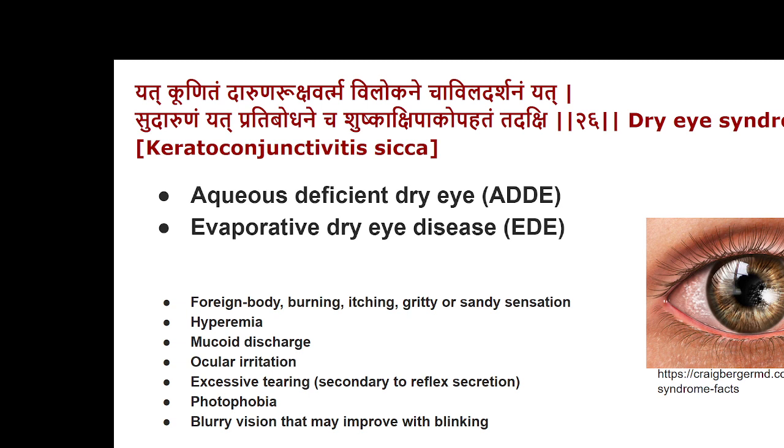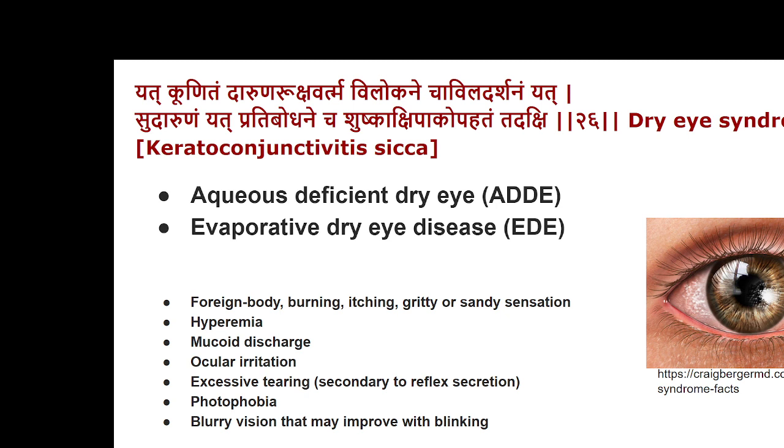Kunitam is a hard mass coming through the eyes, and it may even result in the inflammation of the vartma, the conjunctival surface and palpebral surface, and it also can result in a smoky vision. The vision may be affected. That condition is called shushkakshipaka. That's exactly the same as what you see in what we call dry eye syndrome or keratoconjunctivitis sicca. Now, that dry eye syndrome or keratoconjunctivitis sicca is categorized as aqueous deficiency dry eye or evaporative